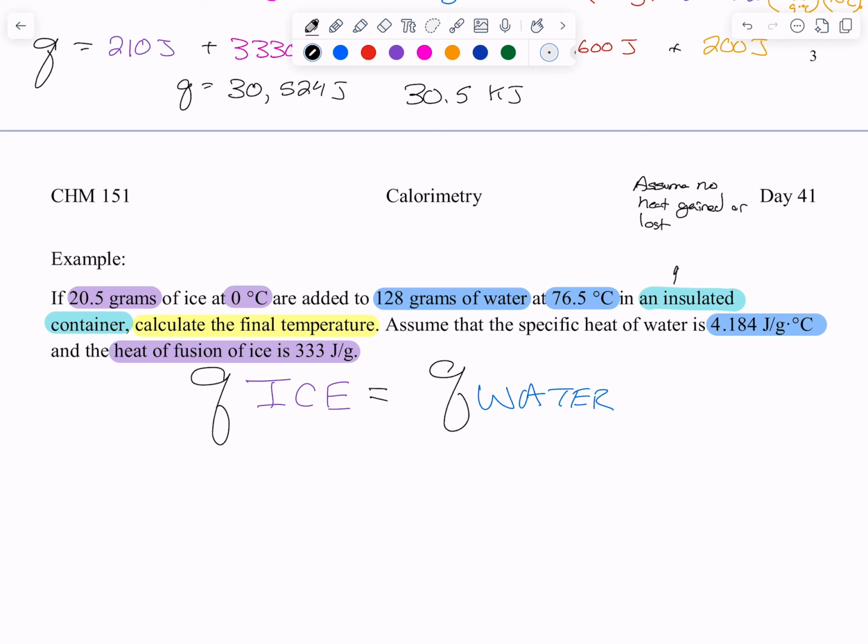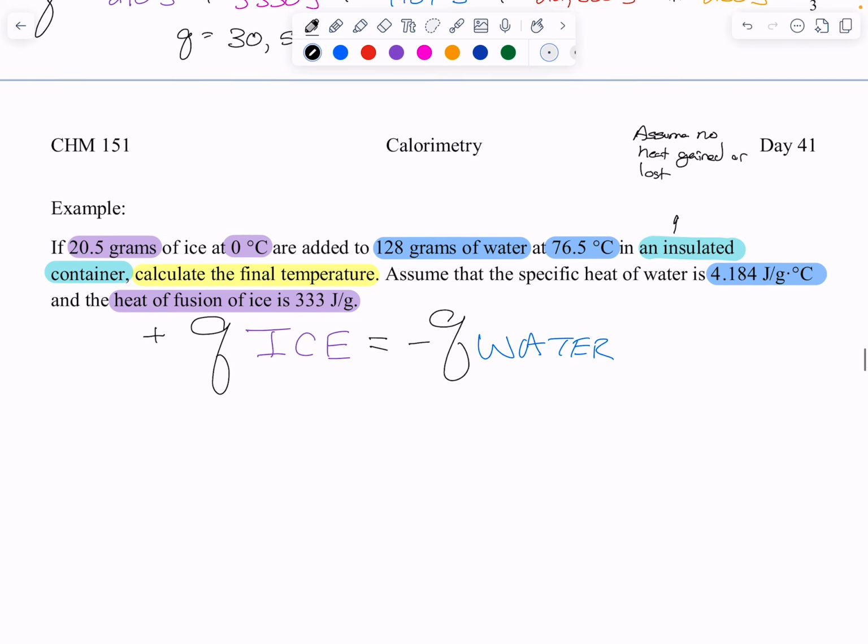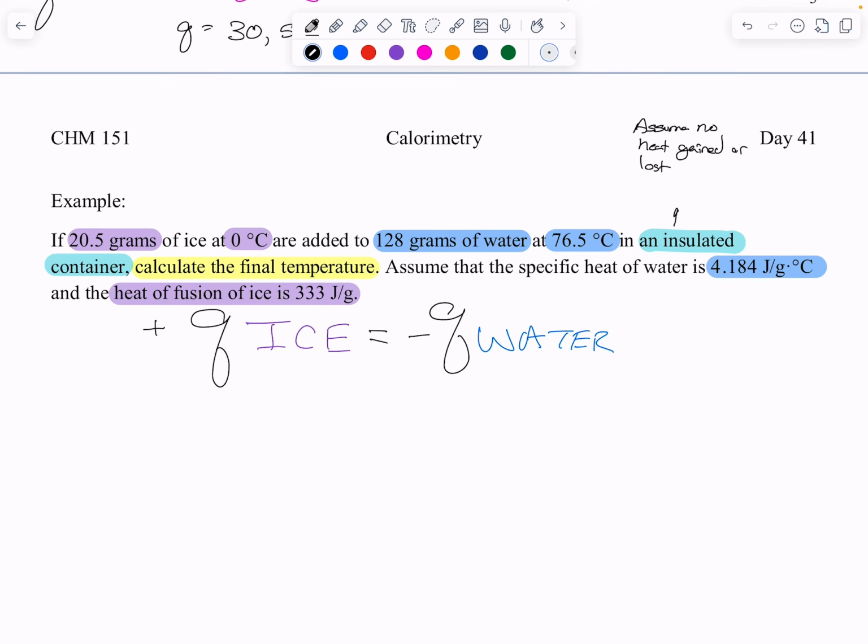So which one's gaining and which one's losing? Well, I think the ice is warming, so that means the ice is positive and the water is negative, right? Energy is going from the water to the ice, okay? So now, what is the ice physically doing? The ice side, it needs to melt, right? So if I had a picture of this thing,